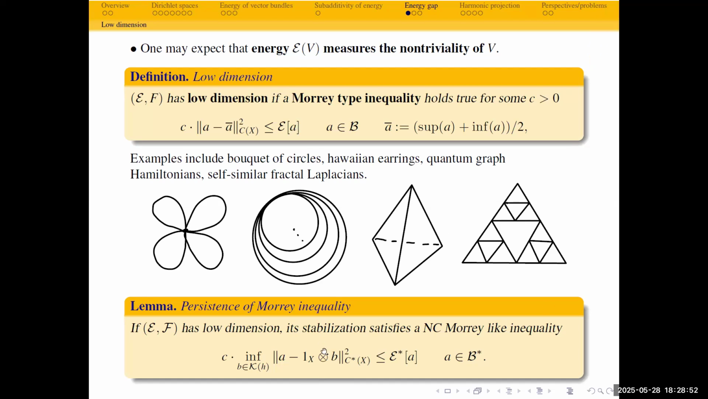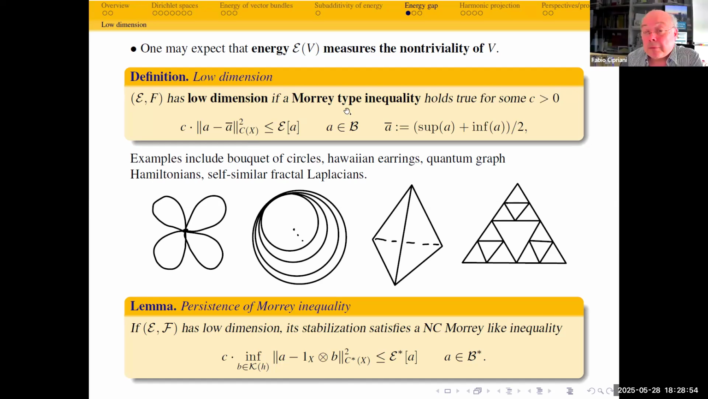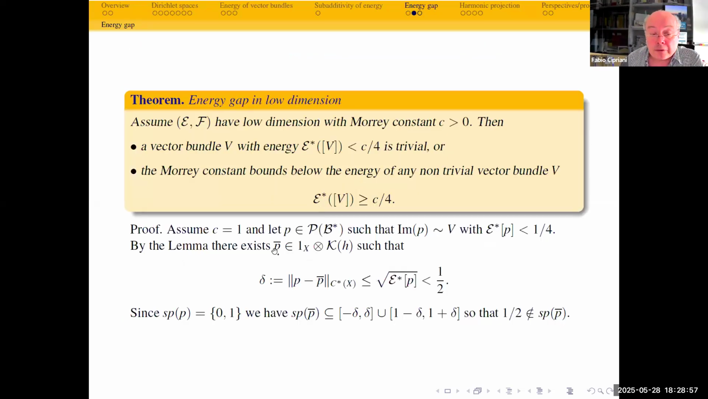But this is a consequence of the first commutative Moore type inequality, and using them, we can prove that if we have a vector bundle whose energy is small enough, then it is trivial. Let us pick up a projection which represents the bundle, and suppose that it has energy less than 1/4. I take C equal 1, to simplify. Then by the lemma,